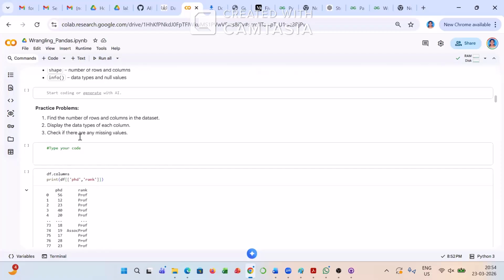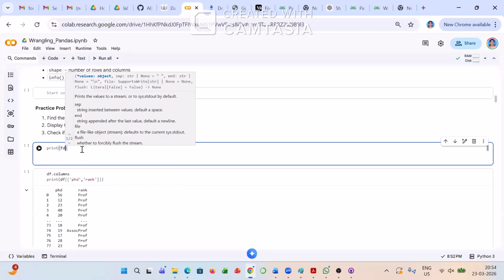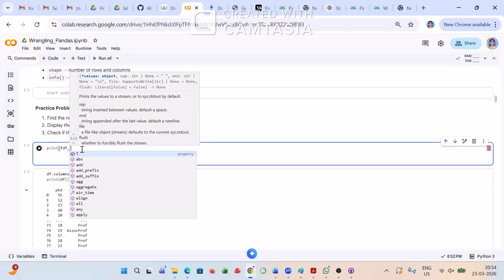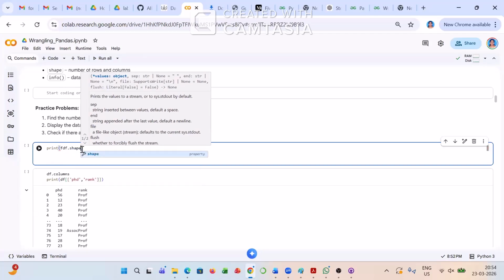In NumPy, what is the property you have used? Shape. That's the same property that can be used here. So, ma'am, you can type there print FDF dot shape. What is the property? Shape. Okay. Then